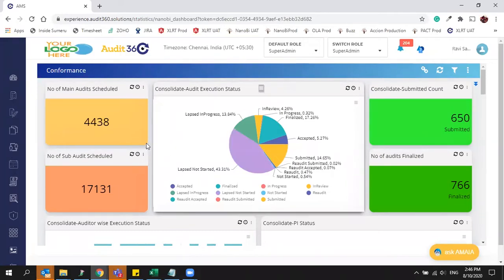Each dashboard tells you separate information, like the number of main schedules for the time period from YTD, whatever schedules you have done will show here. Currently the dashboard data is restricted to 2 years, meaning whatever the latest data from the last 2 years is, it will show you. If you have been with us for the last 3 or 3.5 years, you can see only 2 years of data. But if you want to access the entire 3 years of data, you can access it through the filter.